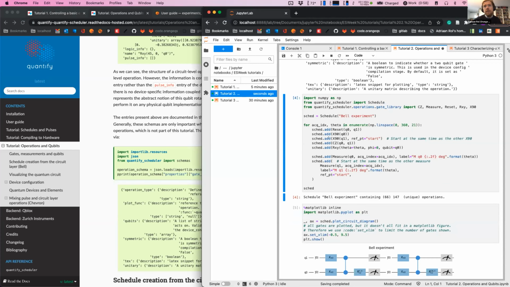And then going on, what we're going to do here, I think this is where it becomes really interesting, is we're going to combine these ingredients to create a circuit to do a Bell state measurement. Here we're really starting to see how the interface works. We're instantiating an empty schedule, which we give a name. That is a Bell experiment, one of the most standard things you can do in a 2-qubit experiment. First we initialize the qubits, then we add 2 gates, and we want these two to be simultaneous. So we put here the reference point, not as the end of the previous operation, but the start.